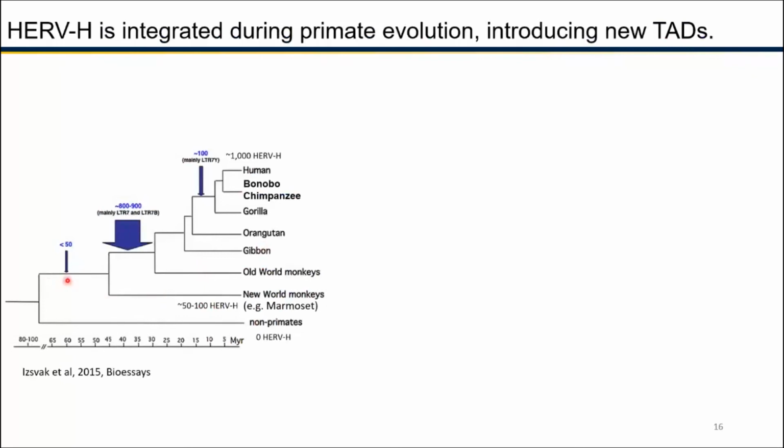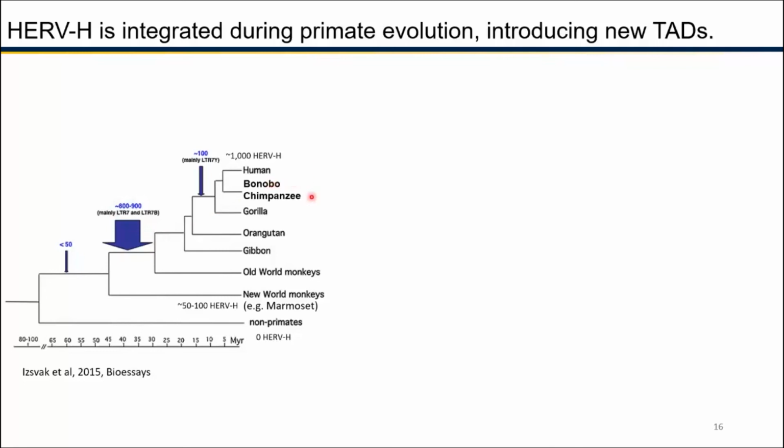So HERV-H first invaded the primate genome roughly 50 million years ago, and they greatly expanded the copies in the old world monkey lineage, including humans and human relatives, and to investigate whether HERV-H brings new TAD boundaries into the primate genome, or they preferentially insert into existing TAD boundaries, we performed additional Hi-C on iPS cells from two close relatives,